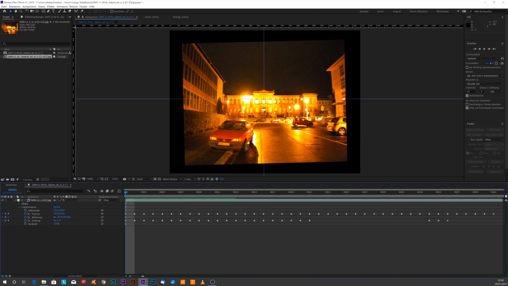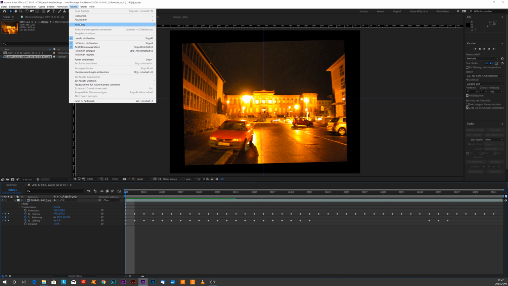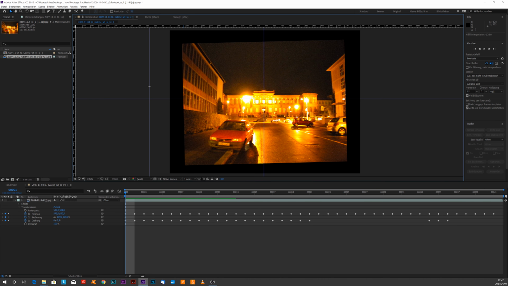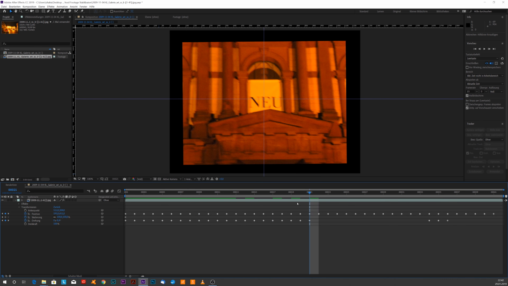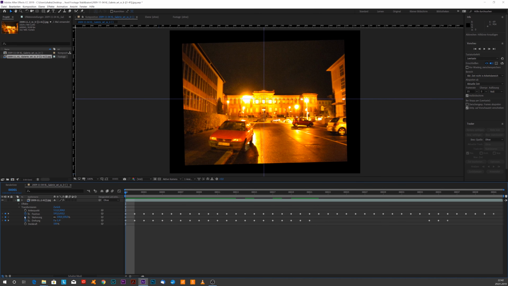That means you go here, say view, lines, display lines, you drag them from the left and here from the upper, and then you have these lines and you just hit the stopwatches here, like for rotation, scaling and position. If I now hit them, everything is lost. So